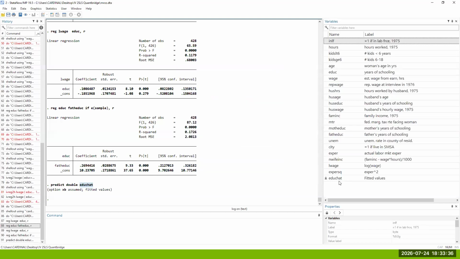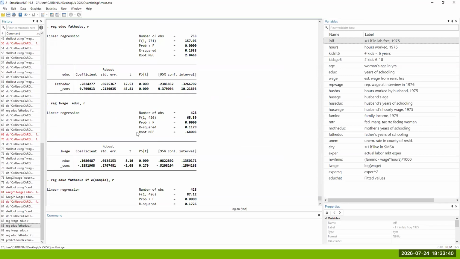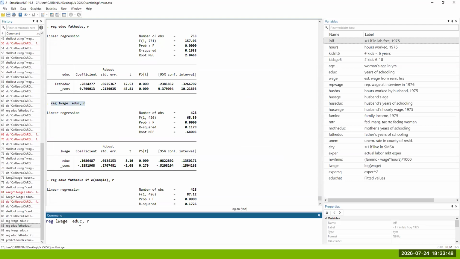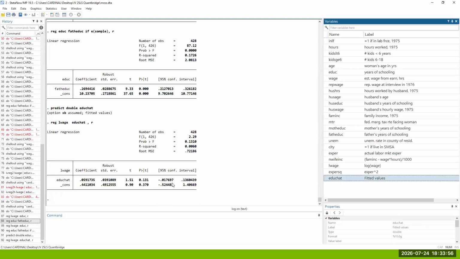So the education hat is here. In our next stage, realize that when we estimated the effect of education on wage, we used the education itself. So let's copy the same code, move here. Now we will not use education. We will use education hat because it has gone through the first stage. So the effect of education on wage is now